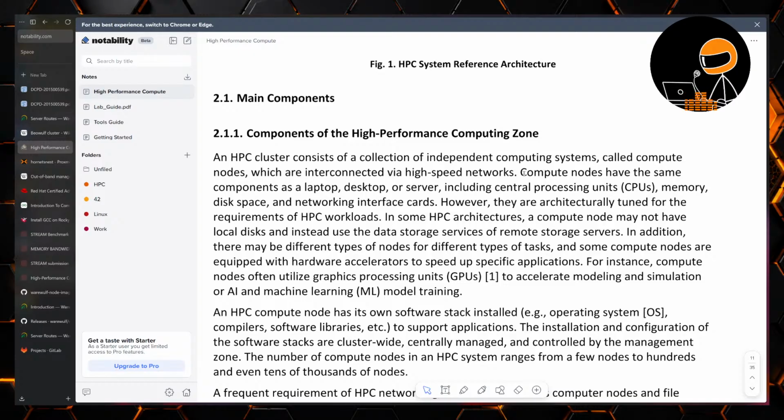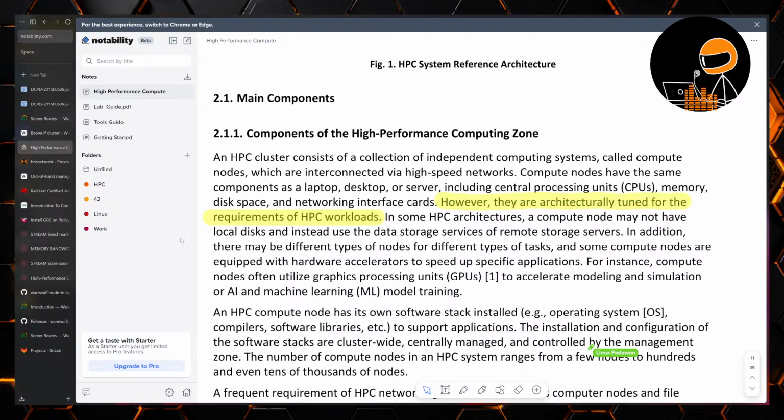All right, what page is that? That's two. Compute nodes have the same components ever. All right, it's HPC architecture is a compute